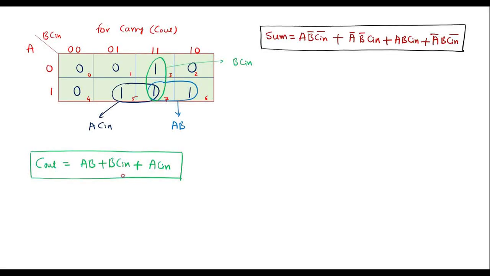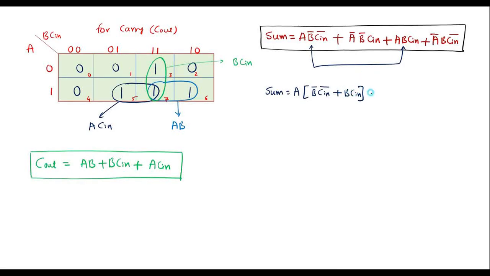So now we found the Boolean expression for sum and carry. The next step is we have to implement using basic gates. Before we proceed for implementation, we'll try to simplify this sum expression further. In this term and this term A is common. I can write sum is equal to A, taking A as common. This will be B bar C in bar plus B C in,